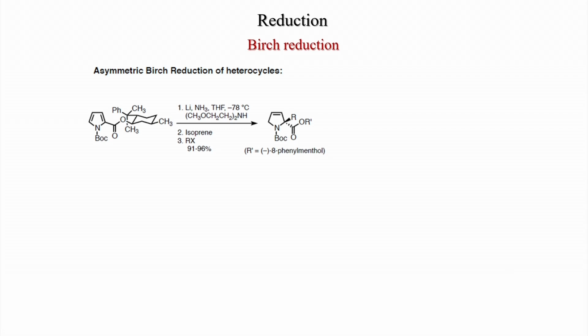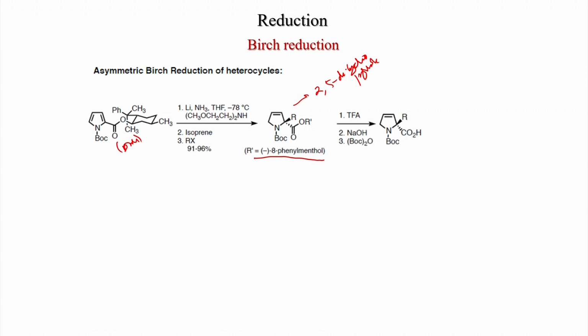This is another chiral auxiliary used for N-Boc pyrrole derivative, like here 8-phenyl menthol is used as a chiral auxiliary, and this is actually EWG, 2 position EWG is there, and we know the 2,5-dihydropyrrole will form. And here if you treat with alkyl halide, this will be a quaternary center, and alkylation will happen to this carbon, ortho carbon of the 2 position. And this 8-phenyl menthol you can cleave with TFA.